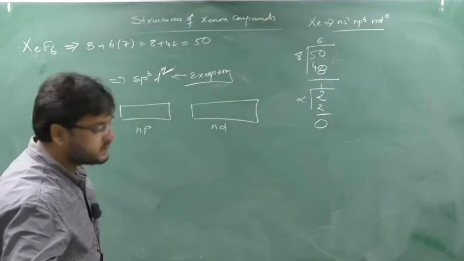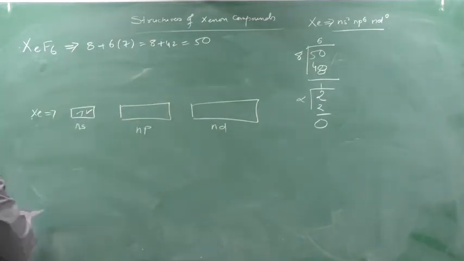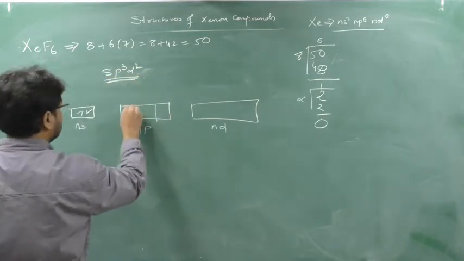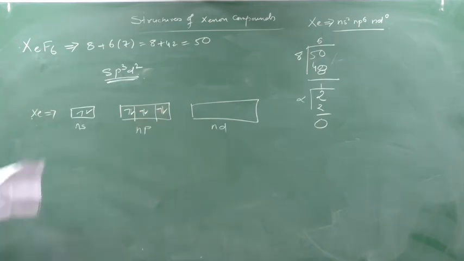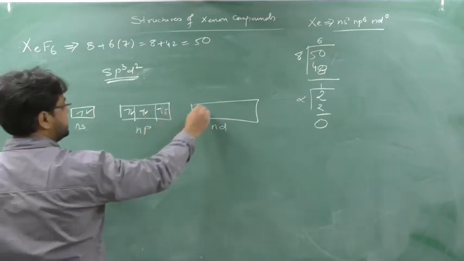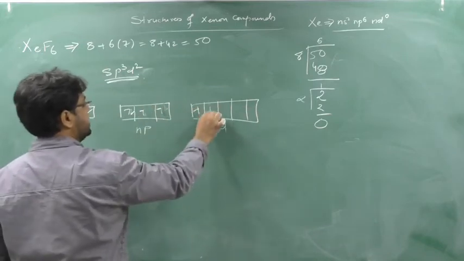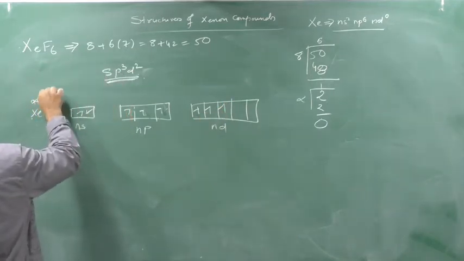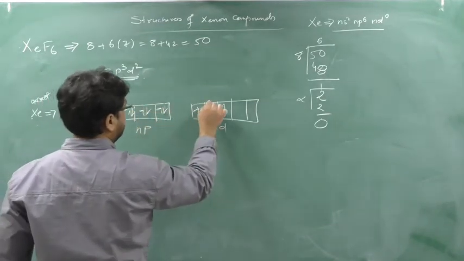So the hybridization will be sp3d2. Okay, here np 1 2 3 4 5 6 7, 6. Now how many spaces do I have to empty? I have to empty 6, no? So 3 excitation states. See, first excitation 1 2 3 4. In the first excitation state an electron will come here, in the second excitation state an electron will come here, in the third excitation state an electron will come here. So I have to supply 3 excitation states.